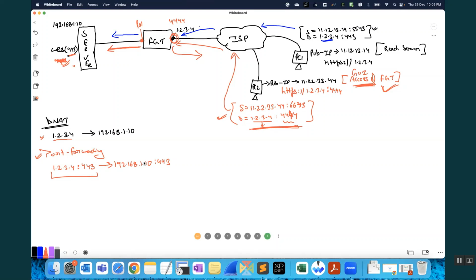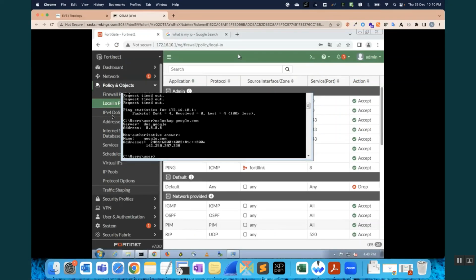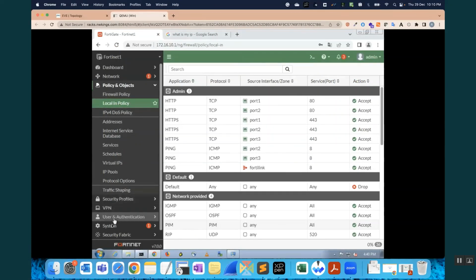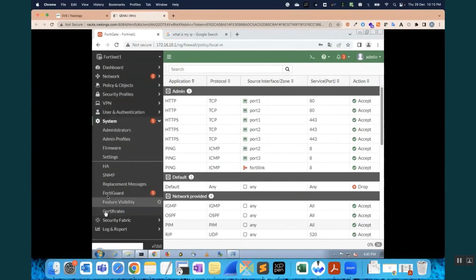And you told us this is a physical port, for example FGT 4444, and how are you mentioning 4444 in this URL? How do I know? In system settings.